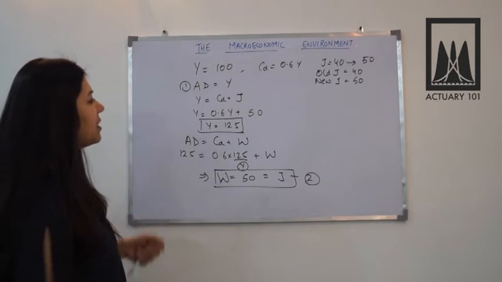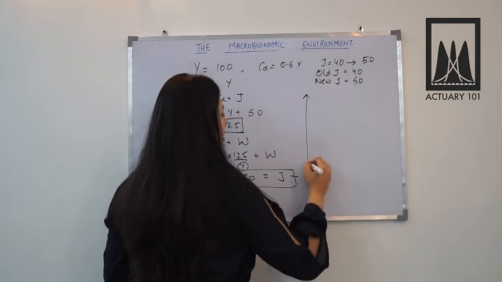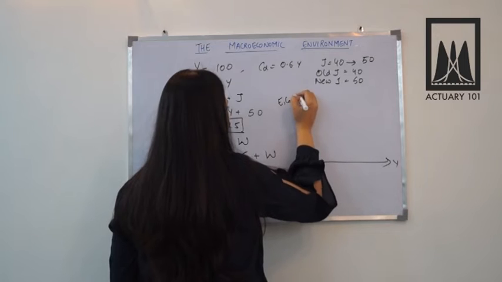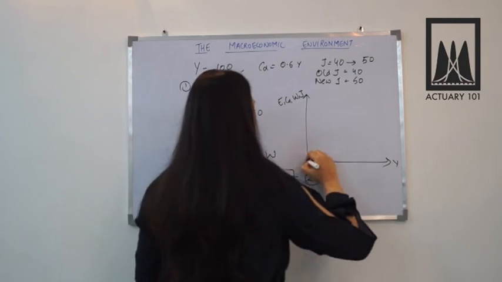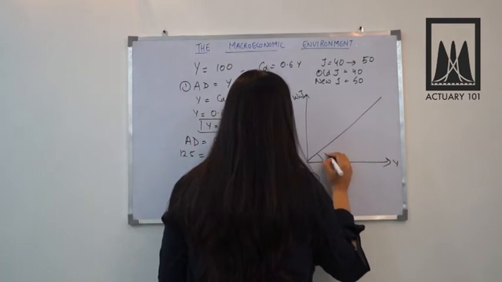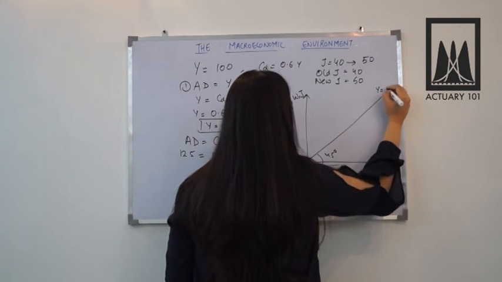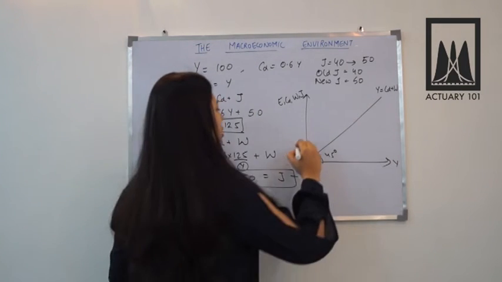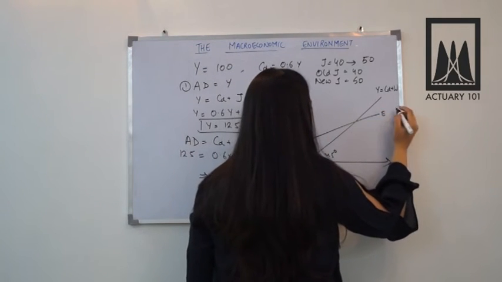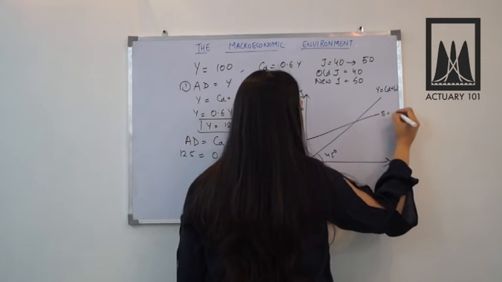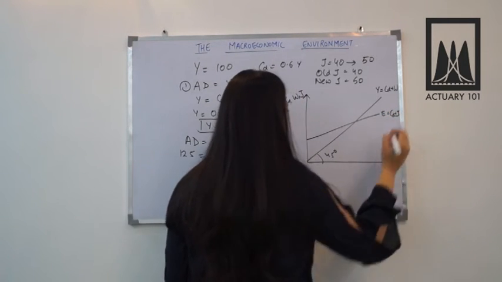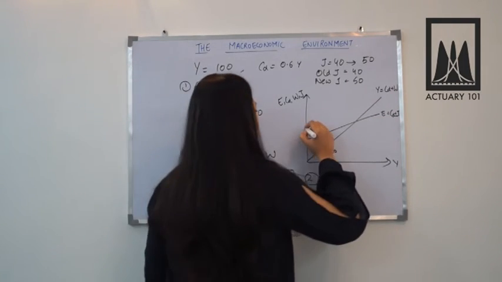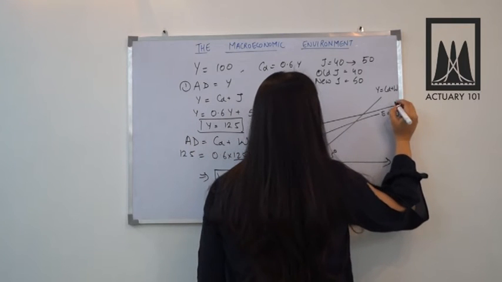So looking at this with the help of a diagram again, we have Y, E, C, D, W and J on the y-axis. So again, we have Y was the 45-degree line, which is Y is equal to CD plus W. Now earlier my planned expenditure was somewhere here, which was E is equal to CD plus J. Now if the J has risen by 10, so my new expenditure line is going to be something like this.